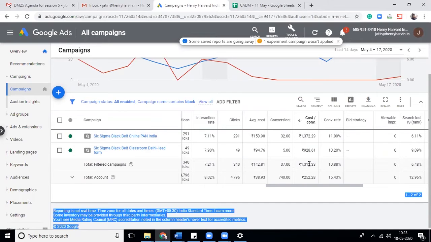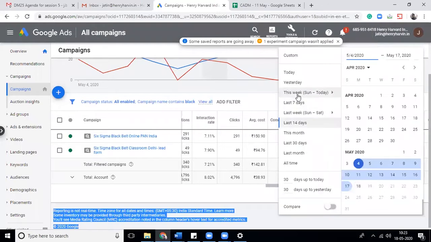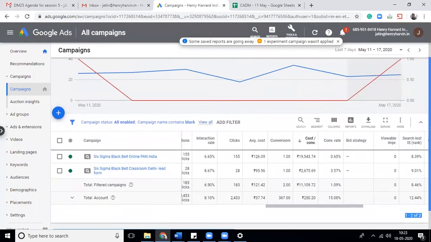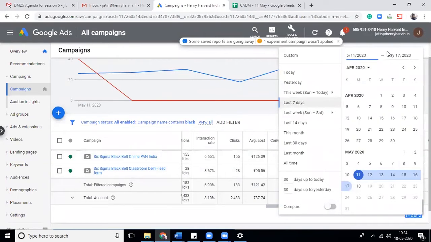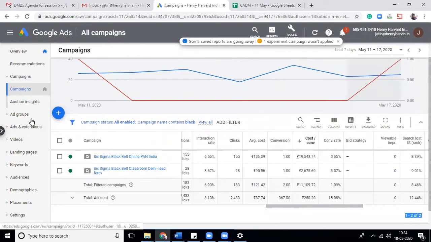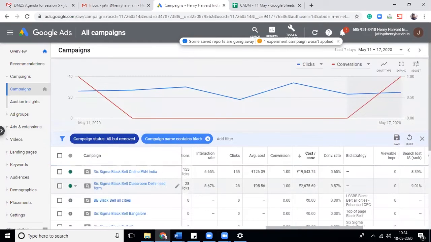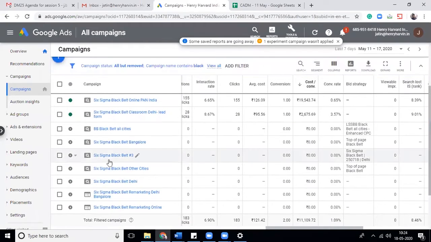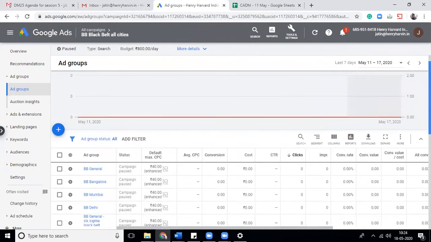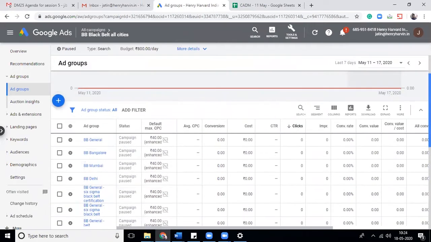अब क्या होगा, जैसे जैसे आप कैंपेन बनाते जाओगे ये चेंज होता रहेगा. जैसे ये लास्ट 14 डेज का था, अब ये कैंपेन चेंज हो गया, एक लीड आपको 19,000 रुपये की पड़ी है. ठीक है. तो लास्ट एक हफ्ते में कैंपेन खराब भी हुआ. तो वी हैव टू चेक कि ये कैंपेन में क्या हुआ है. वो हम ऑप्टिमाइजेशन में सीखेंगे. बट माय आइडिया वाज नॉट टू शो यू ऑप्टिमाइजेशन. माय आइडिया वाज टू शो यू कि कैसे कैंपेन में आगे सेटिंग्स की जाती हैं. तो लेट मी गो इनटू सम डमी कैंपेन. ठीक है. ये कैंपेन है आपका. कैंपेन जो आपने बनाया हुआ है उसके अंदर ये आपके एड ग्रुप हैं डिफरेंट.